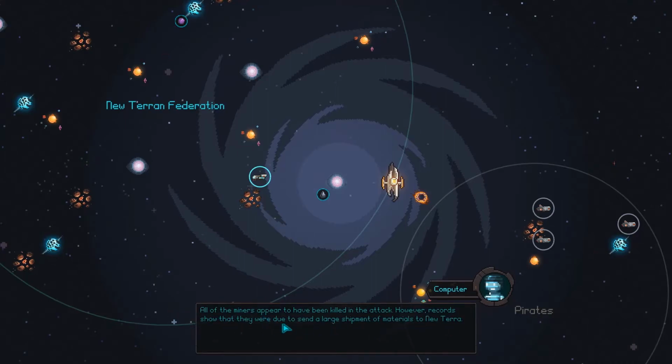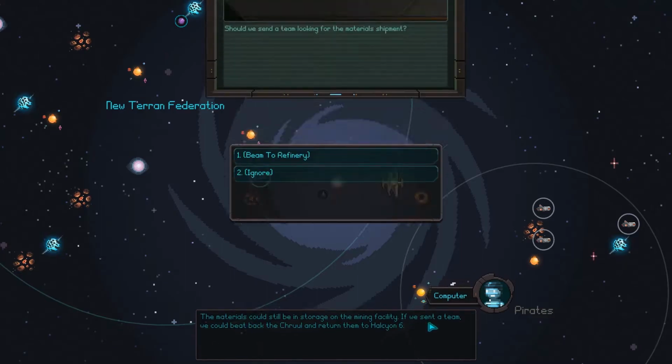But the asteroid field, our fleet's reporting the mine has been rendered worthless. Darn it. All the miners appear to have been killed in the attack. New records show that they were due to send a large shipment of materials to New Terra. The materials could still be in storage on the mining facility. If we send a team...